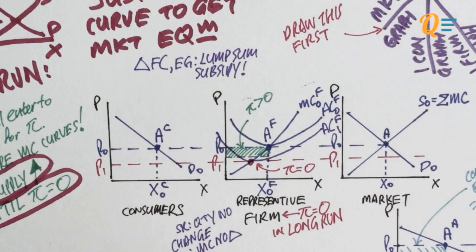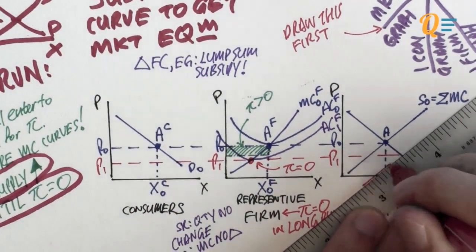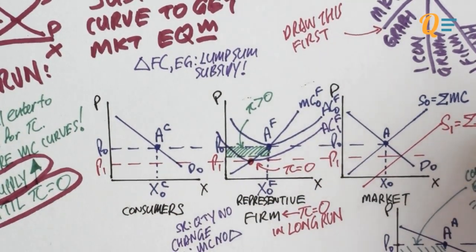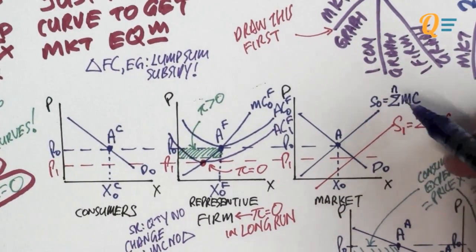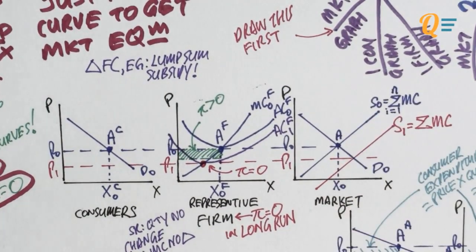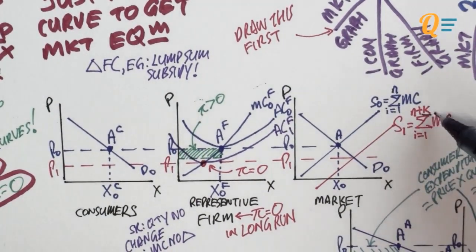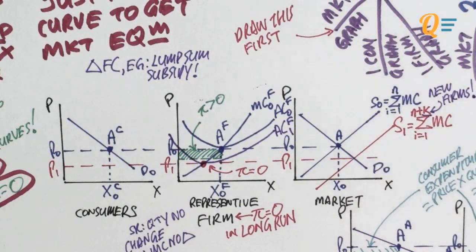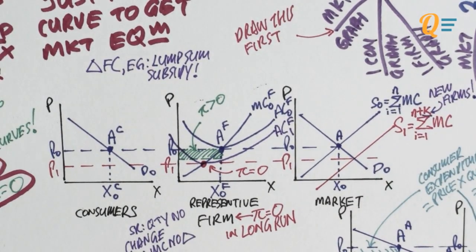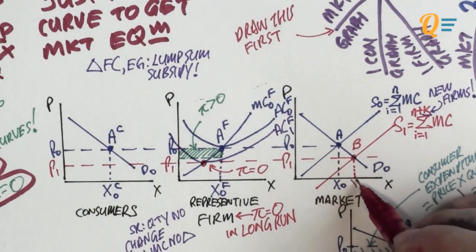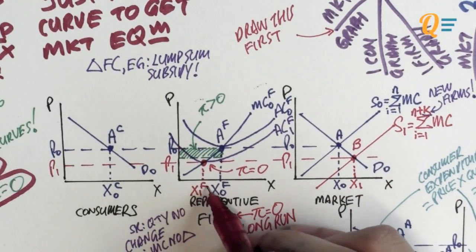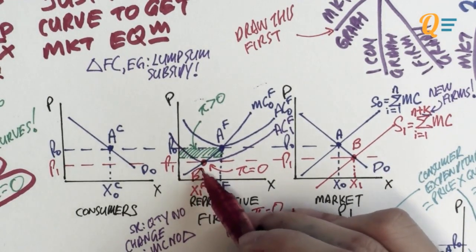The supply curve is going to shift to the right to give me my market equilibrium price of P1. Just to take note of the notations over here, notice that the top part of the summation sign is now N plus K. And K here refers to the new firms that have entered the market to compete for those positive profits. Now let's go back to the representative firm. At that red dot that you see there, the price is equal to the marginal cost, which is also equal to the average cost.